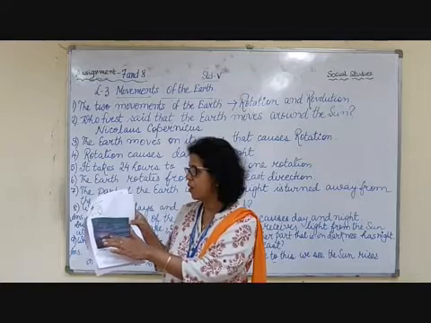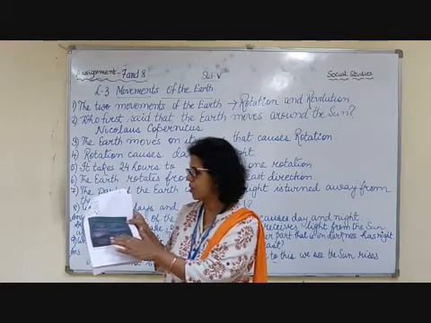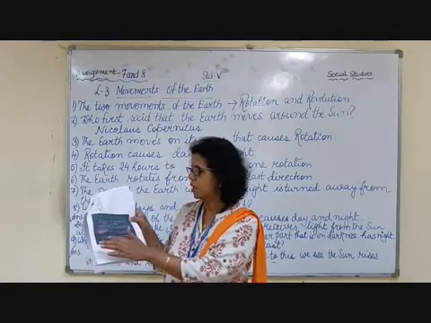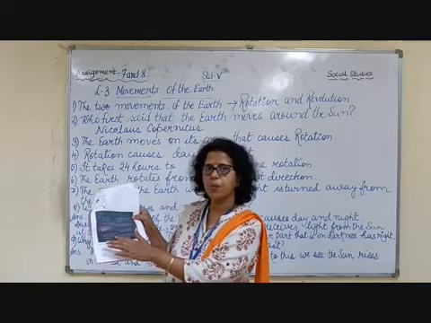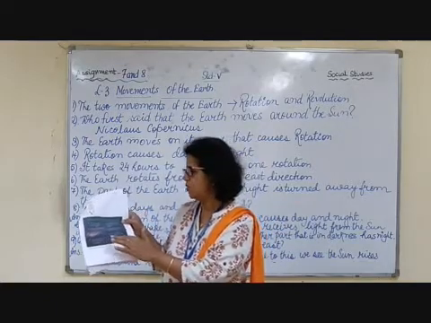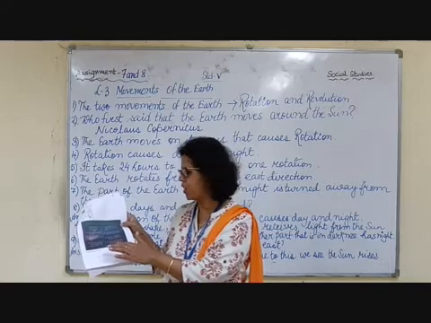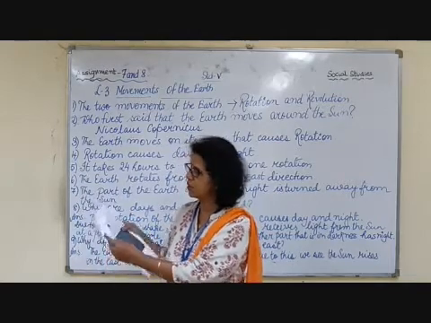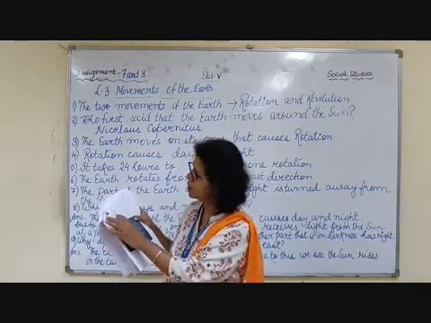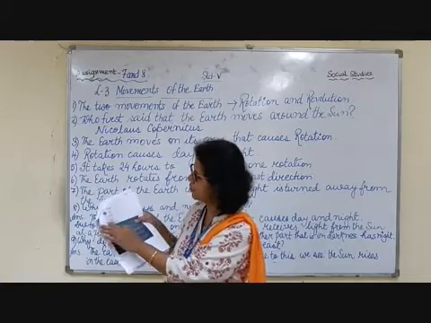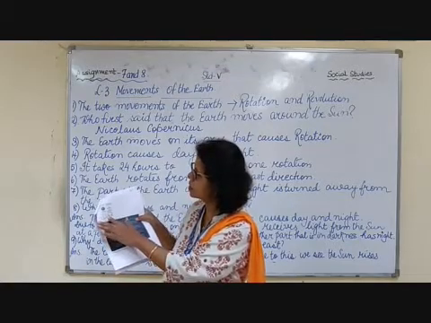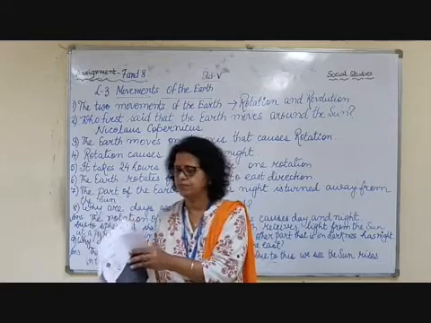Example, the earth spinning around on its axis. Example, the earth moving around the sun. It takes 24 hours to complete one rotation. It takes 365 and 1/4 days to revolve around the sun. You can see this rotation and revolution, day and night, and this is causing the seasons.